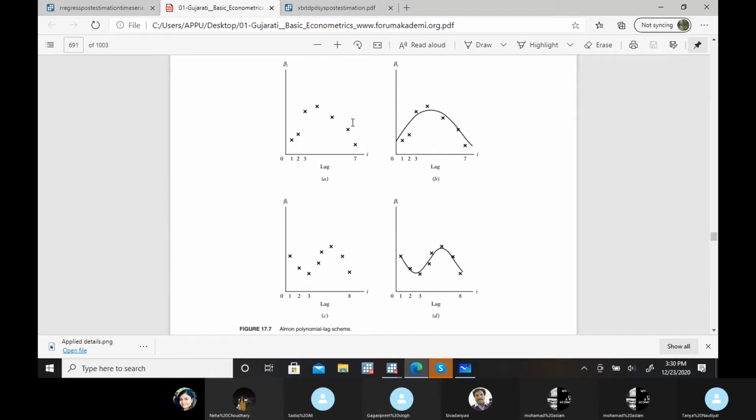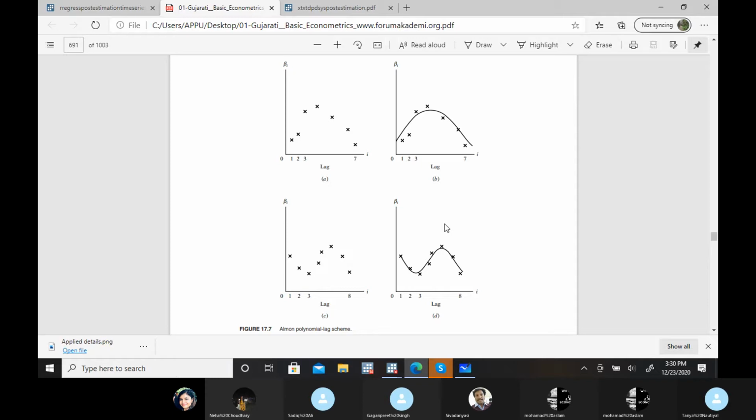Now from these two diagrams you can understand that one is, okay, we have a geometrical decline. Another, Almon is saying it may be increasing or decreasing, it may be decreasing then increasing, meaning some other polynomial form. So there might be another form, let's say exponential, let's say Gompertz curve, cumulative density function, meaning any type of lag impact may be there. But yes, there needs to be some theoretical reason why that behavior is there, but the possibility is there, right? So I'm just saying there is a possibility of any behavior.